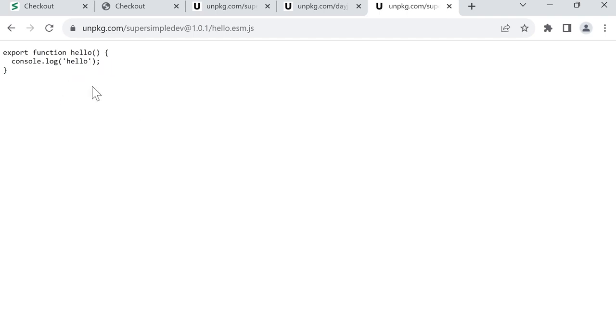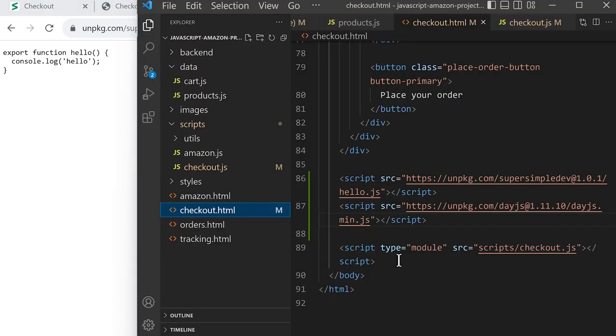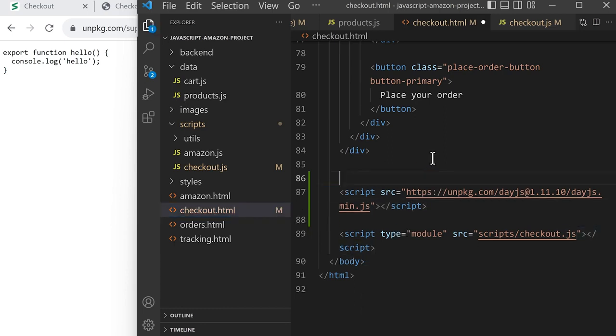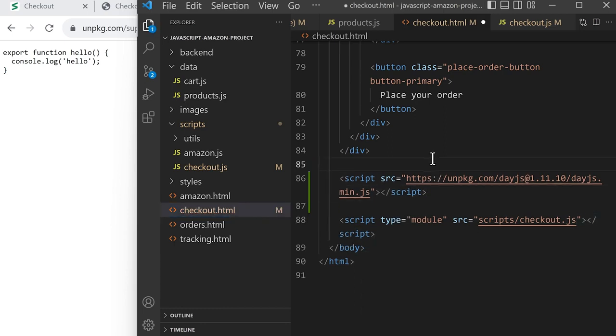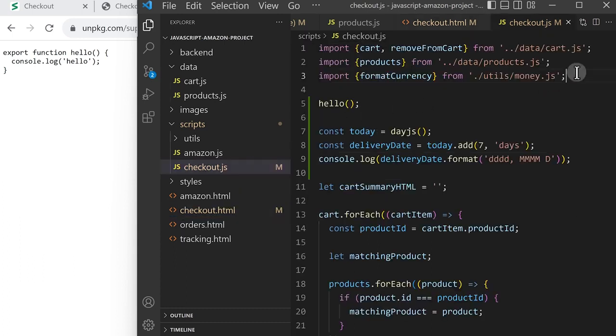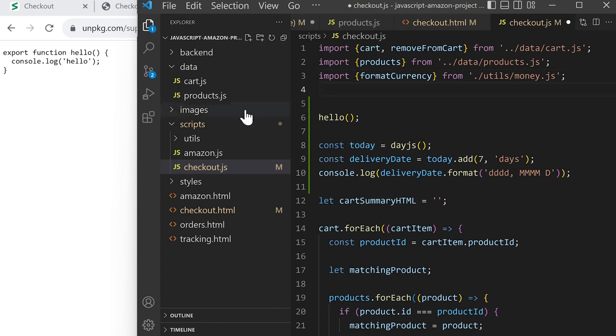So let's use the ESM version in our code. We're going to go back to our code, and we're not going to use script tags to load this anymore. So let's delete this and save. And then in checkout.js, at the top, we're going to use an import to import this function into our code. So we'll type import, curly brackets, we'll import the function hello, and we're going to import it from a string,